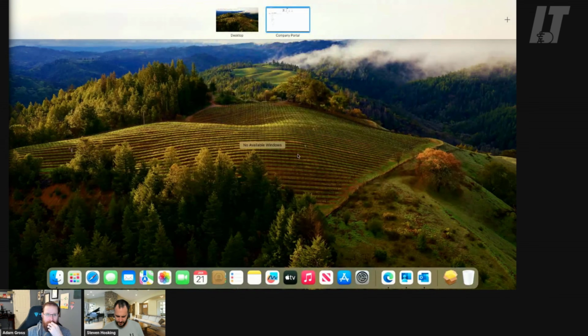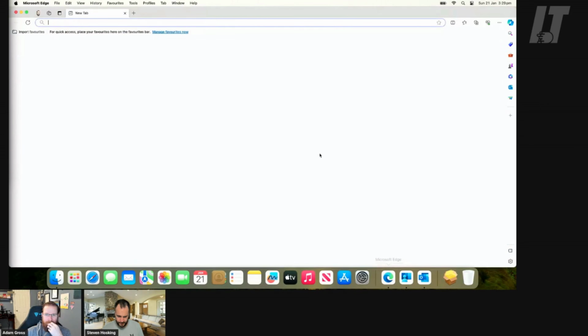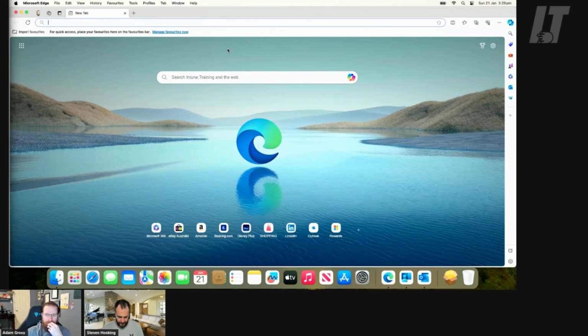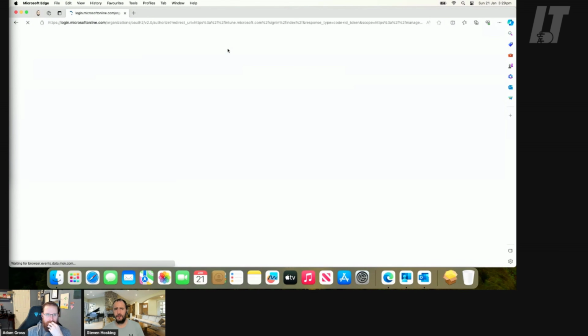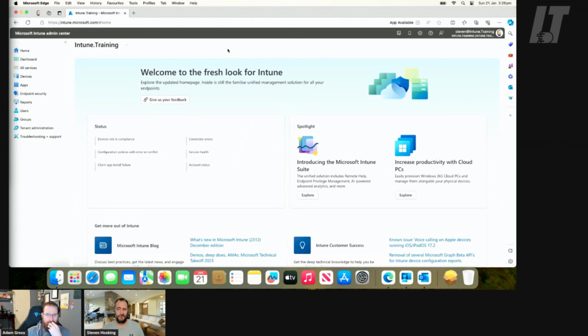So we're just going to quickly go over and open up Edge, and we're going to go to aka.ms/in, or the Intune portal. In the Intune portal, we're now going to load this up. It should actually allow us in because we don't have conditional access in place for that endpoint. If we did, we'd get a, no, you're not welcome here. Please go away and get your device healthy and compliant. So now if we go here to devices,